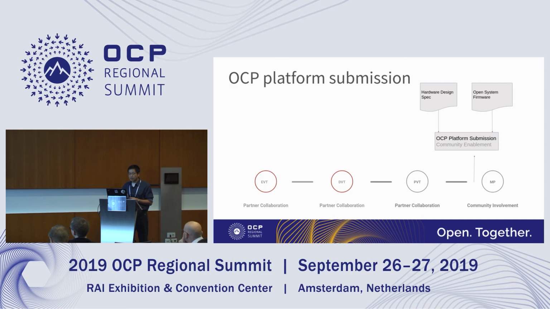So at the MP phase, the machine in our data center runs OSF happily, and in the meantime, the community will be able to access everything needed to build and customize for your platform that is based on the OCP platform.